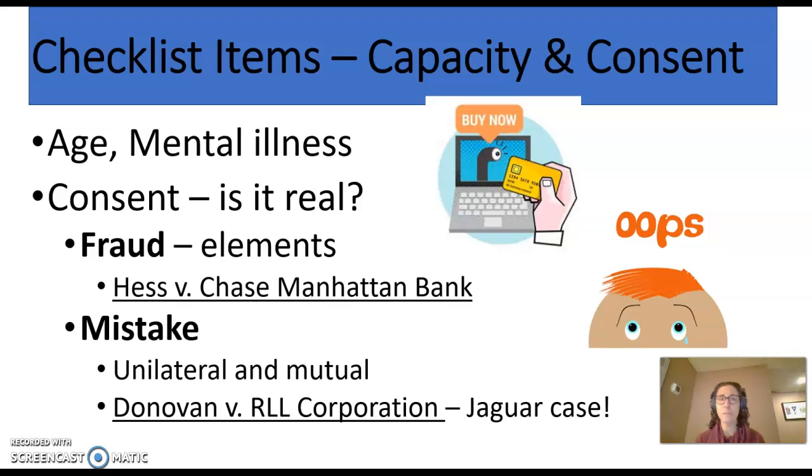What happens when both parties make a contract on a mistaken belief? In this case, it was the mistaken belief that the cow could not have babies and therefore the cow wasn't worth as much money. But then it turned out that the cow could have babies. What do you do then when both parties make a decision based on what they both mistakenly believe? So take a look at those case examples and see under what conditions there can be a mistake that requires or allows one or both of the parties to set aside the contract.